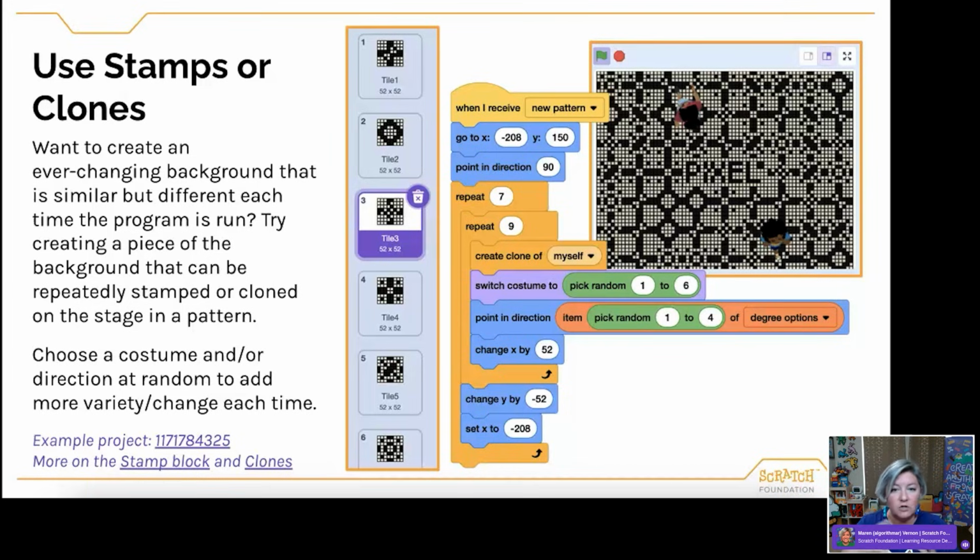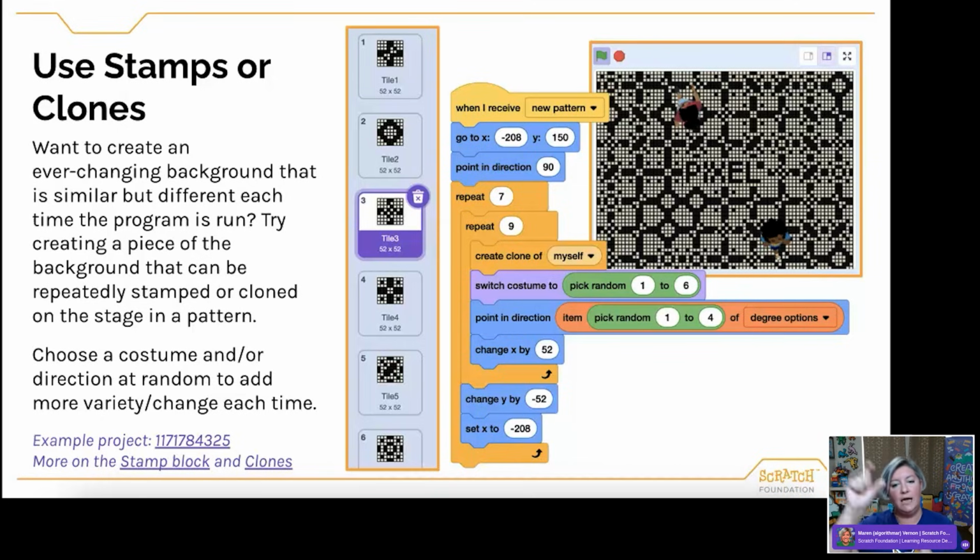As we're starting to wrap up here, I did also want to backtrack slightly just for a second to talk about, I mentioned clones a number of times while we were having the session today, but you can actually use clones in order to create a background that is unique each time that you run it. This is another way that I love to set a scene. In this particular case, the scene that I am setting is using these tiles in this example project.